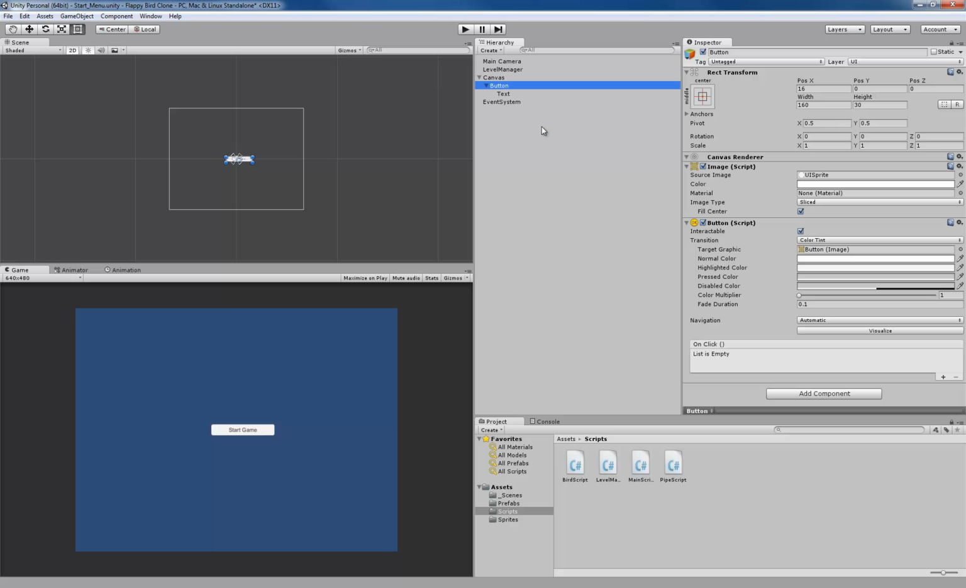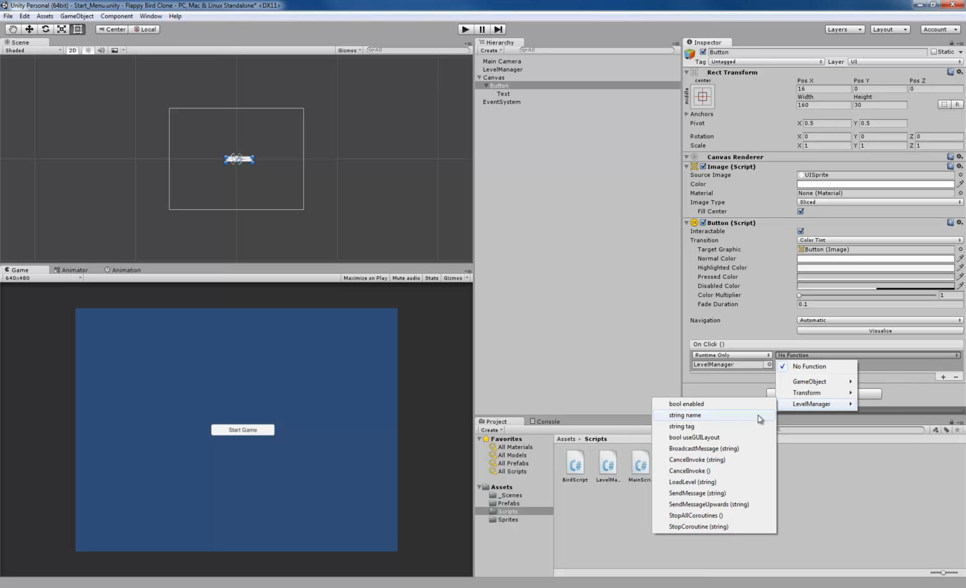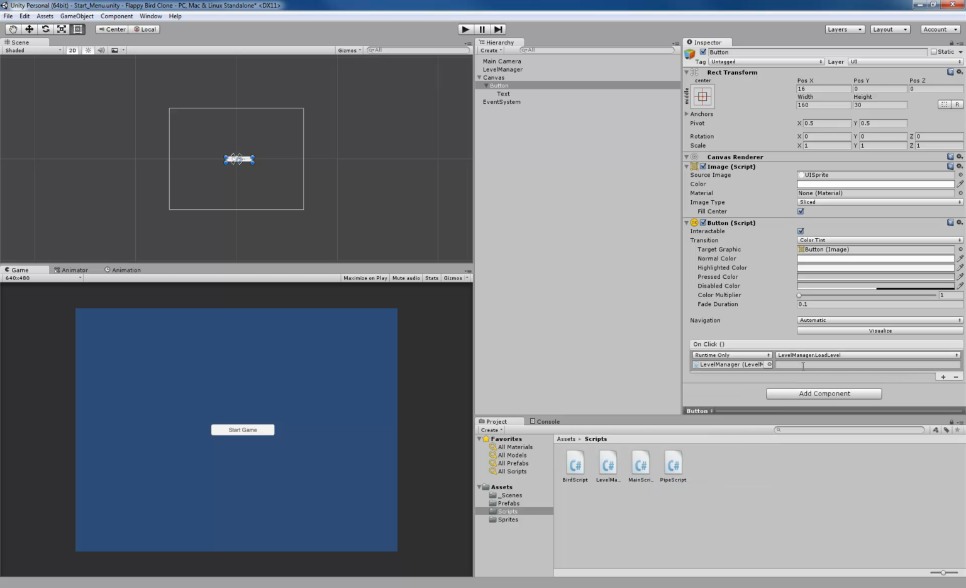Click on button right here, and you'll see that there's this on-click function. What we want to do is press this plus button right here. We want to drag our level manager to where it says None Object. That's going to allow us to access the functions that we wrote inside of that script. So if I click on No Function, go to Level Manager, and then click on Load Level String, I can type in the name of the scene that I want to load on the click. So if I go to Scenes, I see Level_01. I can type that in right here, Level